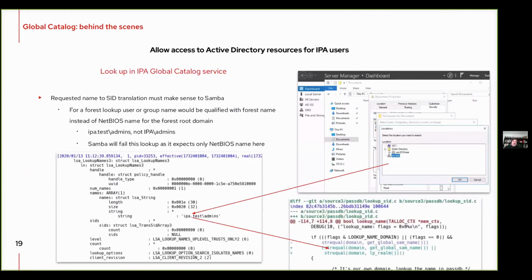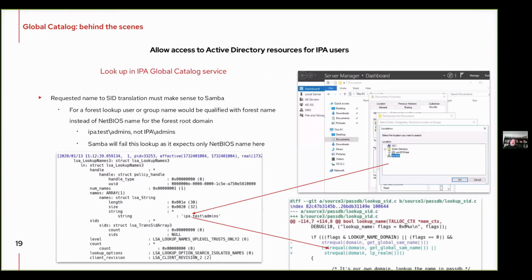If you look at the previous slide, you will see that this is the lookup names 3 call, and it uses the up-level trusts only too. So this is basically a lookup in the forest. The up level is the Active Directory, or so in the forest trusts.